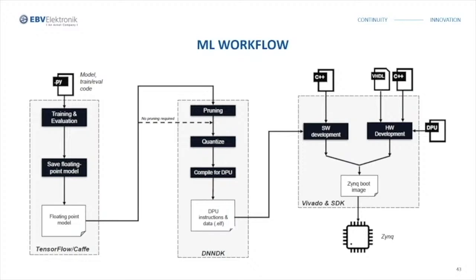Actually, this is retraining our network. Pruning is quite a time-consuming step and also a very powerful tool, but as I mentioned, it is an optional step when you are using the DNNDK. The next step is quantization, which is